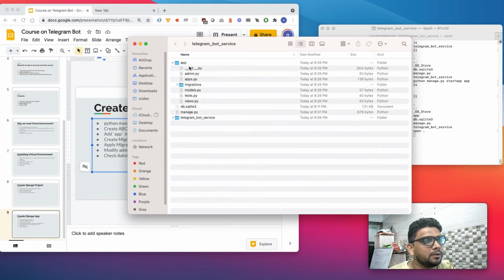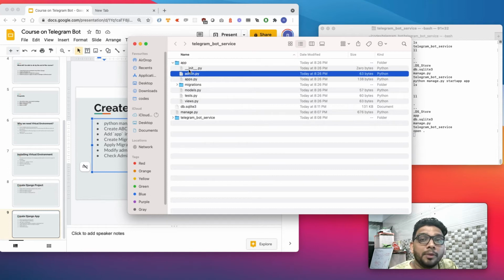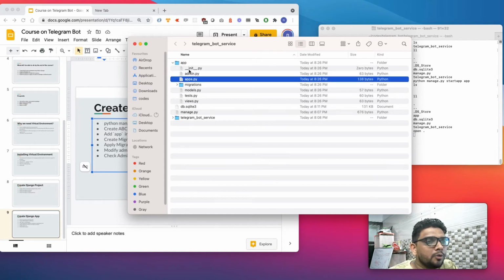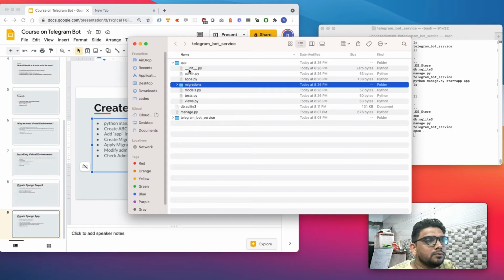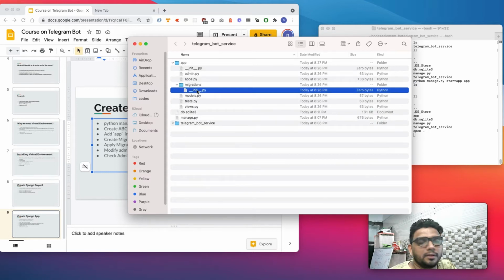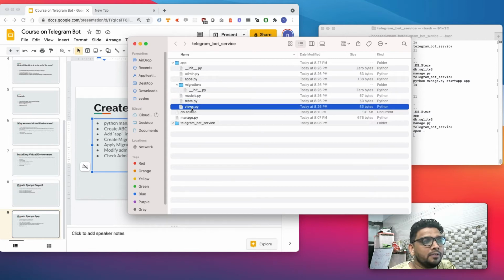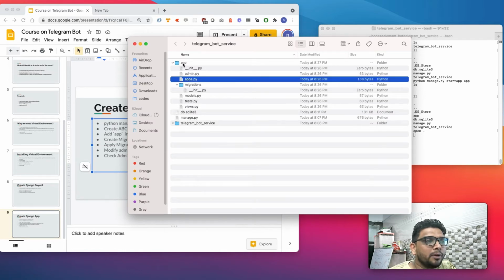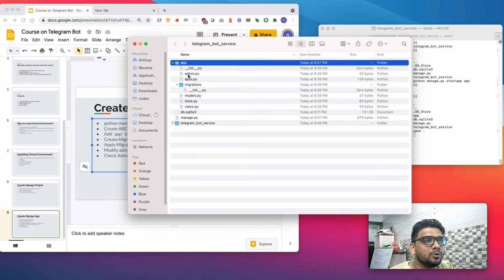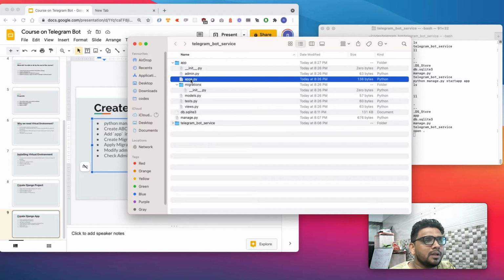In the app folder, we got some files: init.py, admin.py, apps.py, a migrations folder, which is basically empty, models.py, tests.py, and views.py. Let's not confuse this apps.py with this app. It has nothing to do with it. Apps.py is the default file which we get in any app.